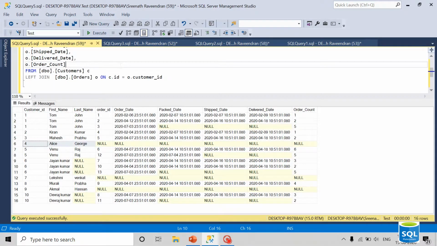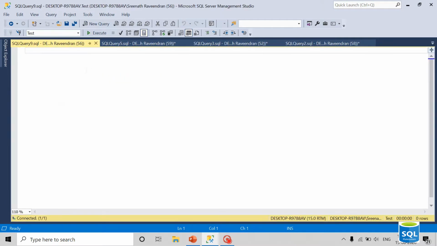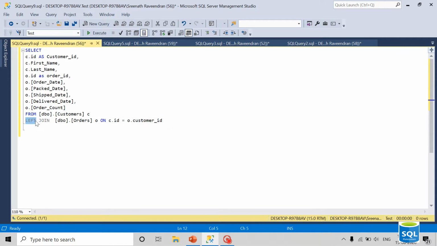We can discuss what is right join. I'm taking the script of this left join into a new query window, and I'm converting it to a right join. As per the right join rule, it will select all the records from this order table and matching records from this table.